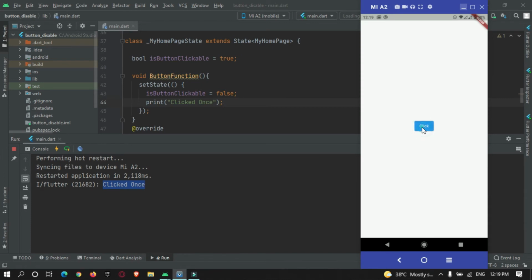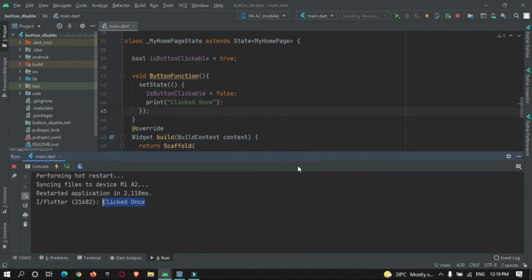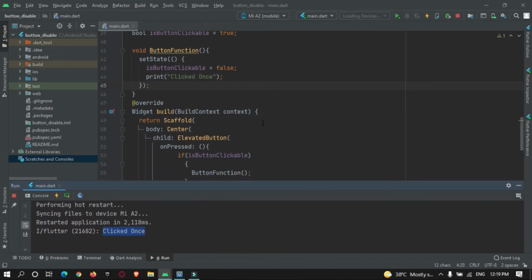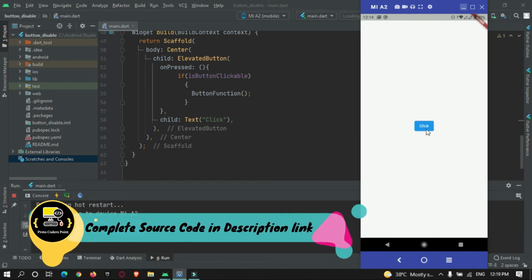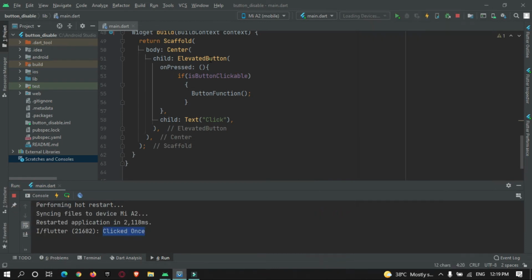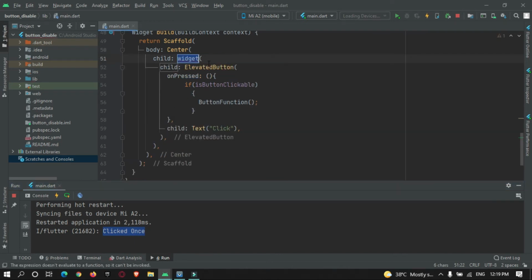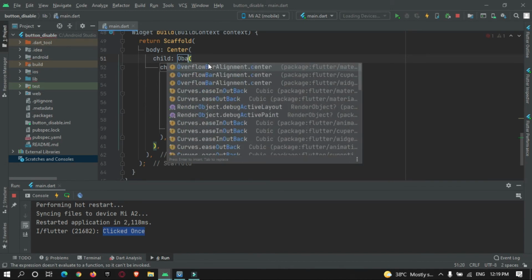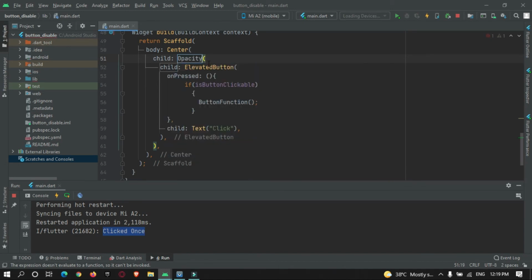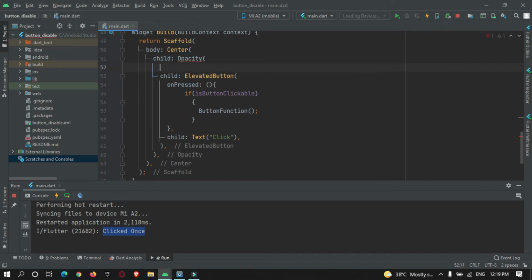Now what we need to do is change the opacity of this button so that the user can understand that the button is not clickable anymore. So what we can do is wrap this button in an Opacity widget, and set the opacity.